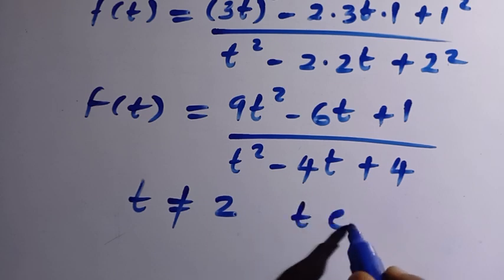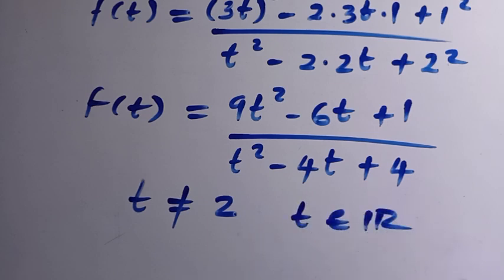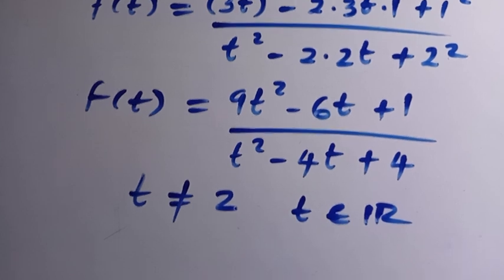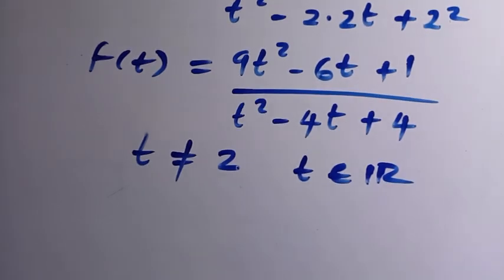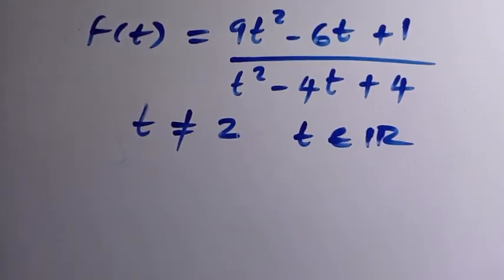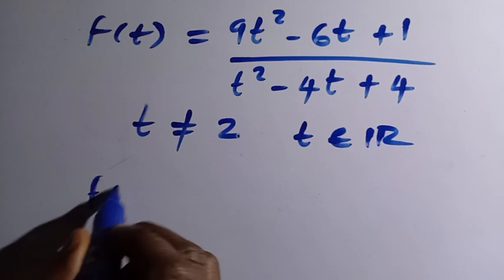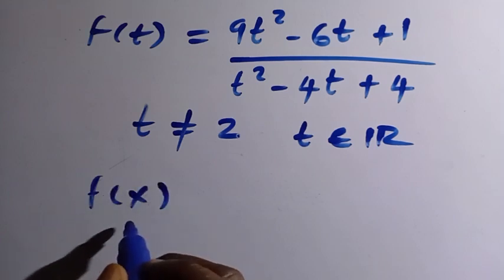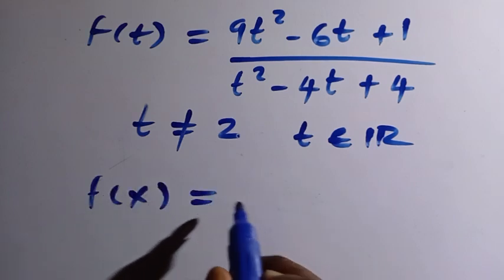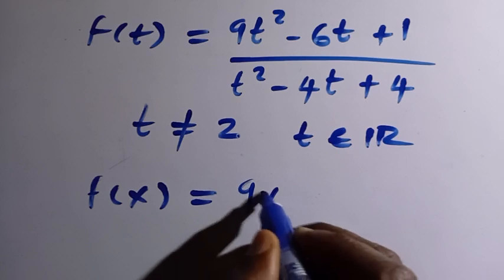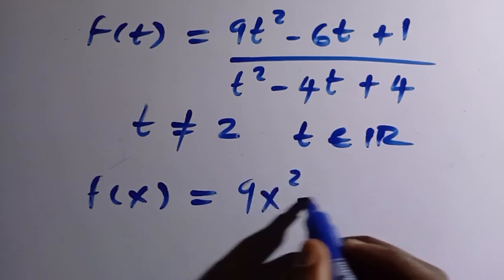And we know that t also is a member of the real numbers. So you can just switch t with x and we have f of x, which equals 9x squared